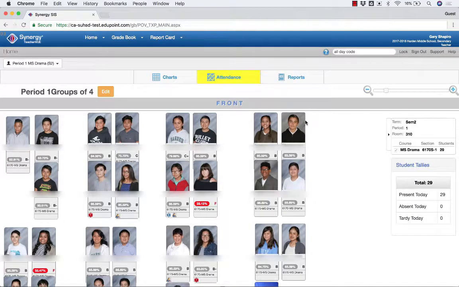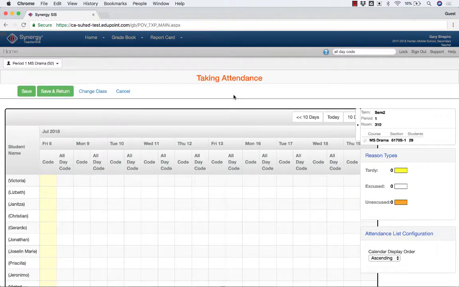In the Synergy Gradebook, I can take attendance in two ways. By hovering over the word attendance, my choices are take attendance by seating chart or take attendance by class list. If I click on class list, you can see I have a list of my students on the left, and